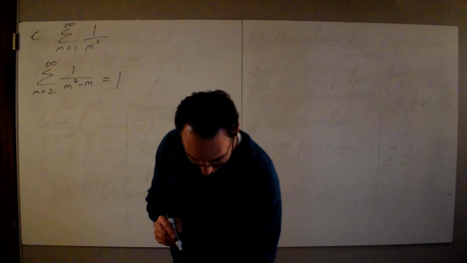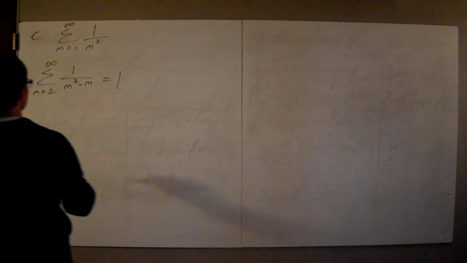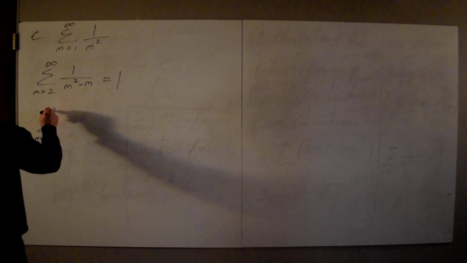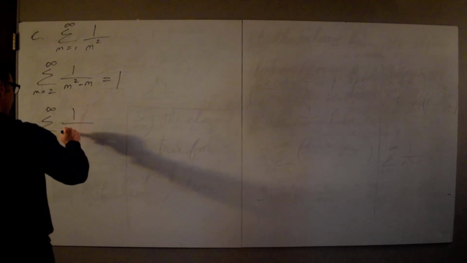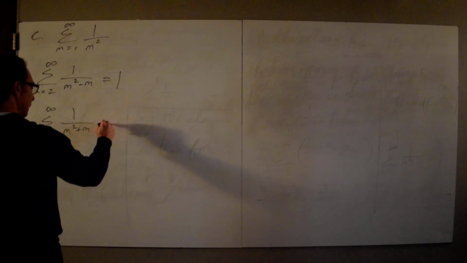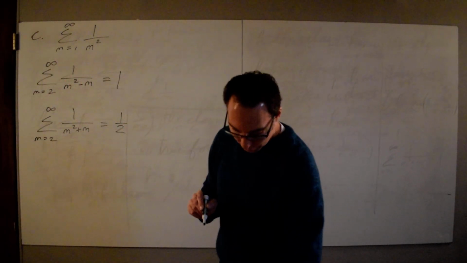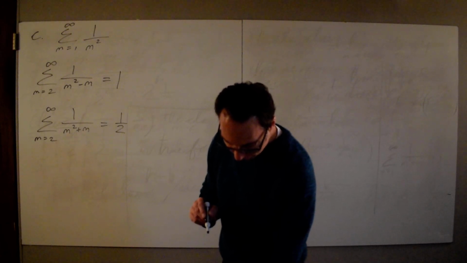And we saw from part B that the sum n equals 2 to infinity of 1 over n squared plus n is 1/2. Now we didn't quite see this in part B. What we saw in part